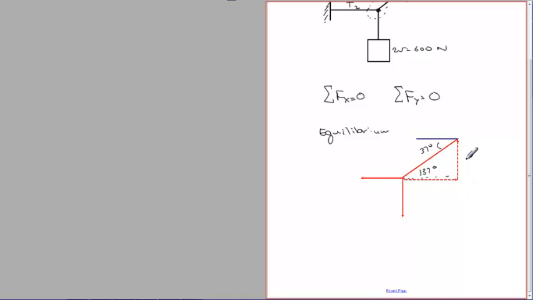So we're going to call this T2, which is the tension in that cable. We'll call this T1, and we'll call this W, the weight, which is equal to 600 newtons. And then these component forces are going to be T1y and T1x. Now once you've broken up all the forces that are not in the x or y direction into their components, then we can